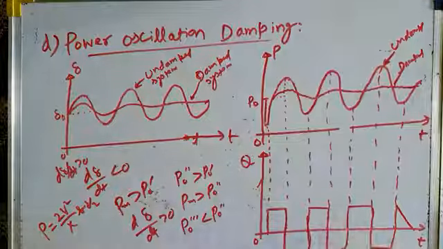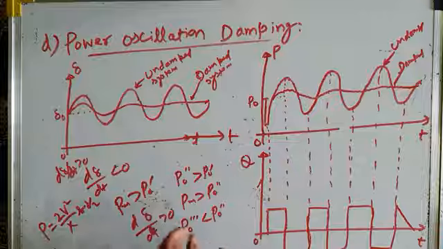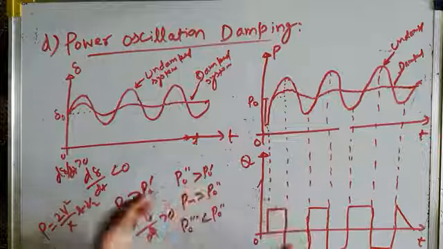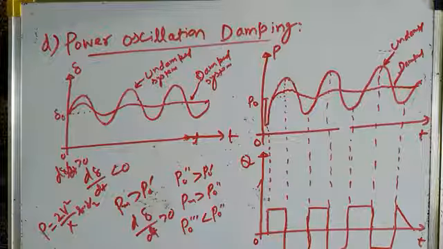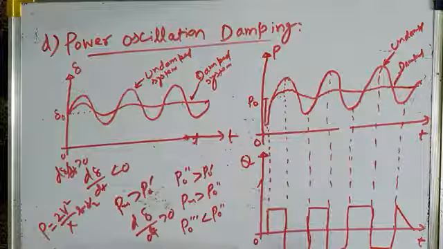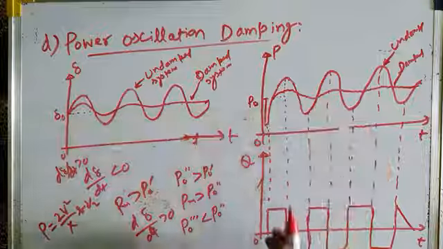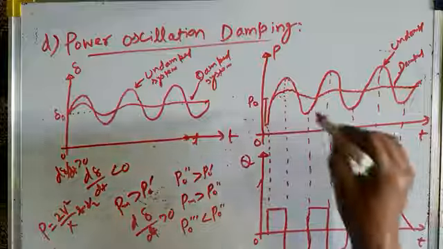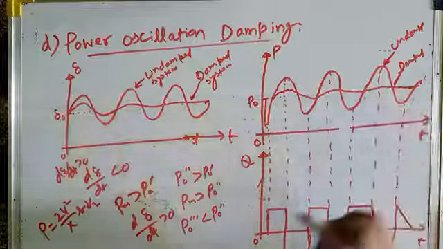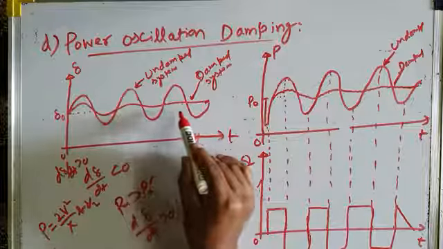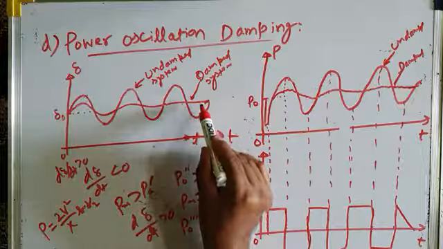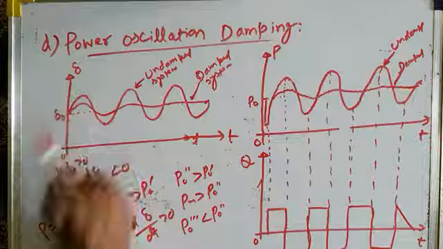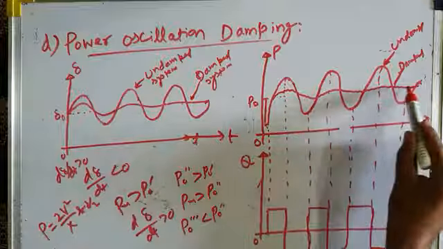So therefore shunt compensator very quickly, as soon as there is disturbance, electrical power decreases, it quickly injects the reactive power, it increases the power transmitted or transferred over the line, it damps the oscillation, and then it decreases from here to here, it decreases the power transferred over the line, further damps the oscillation, and it continues like this in a bang-bang manner until all the electromechanical oscillations after 3 or 4 cycles are over, and system comes back